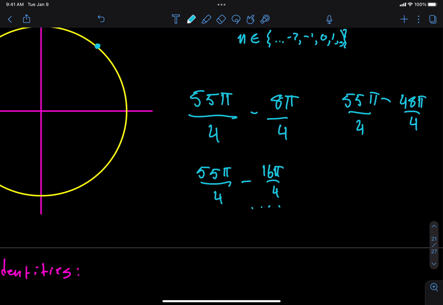I think is the one we want, right? Why 48 pi over 4? That seems kind of random. Well, it's the multiple of 8, because 48 is 6 times 8, right? So it's the multiple of 8 pi over 4, which is going to cause the result of this subtraction to be what? It would cause the result to be 7 pi over 4, which is